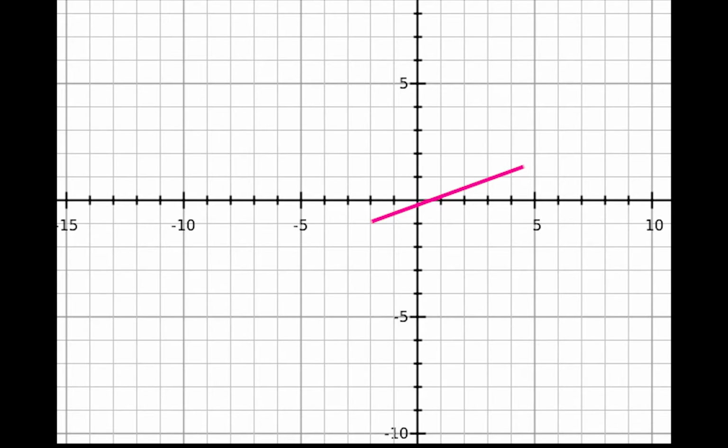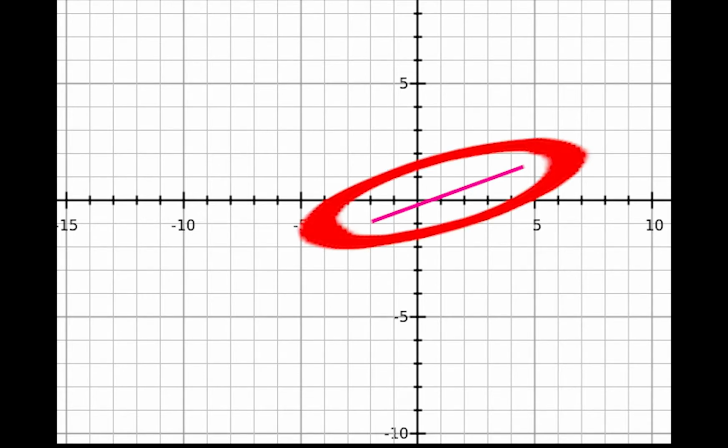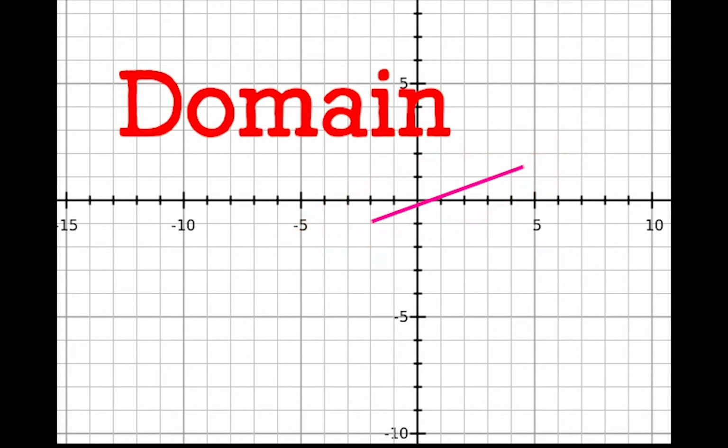So in this example, -2 to +4.5 is our domain. And you would write it as -2 is less than or equal to x, which is less than or equal to